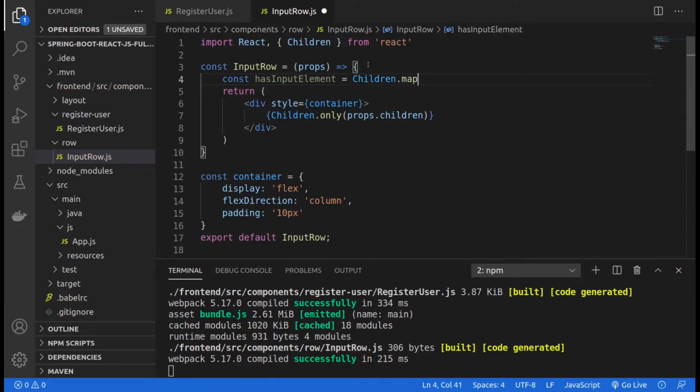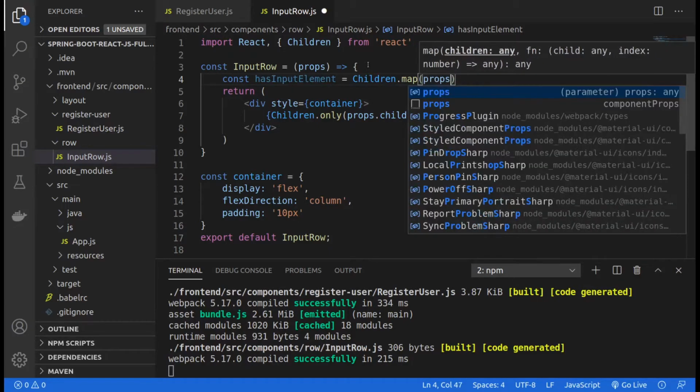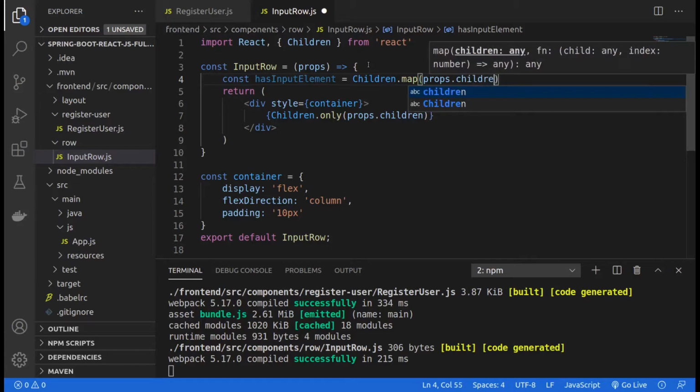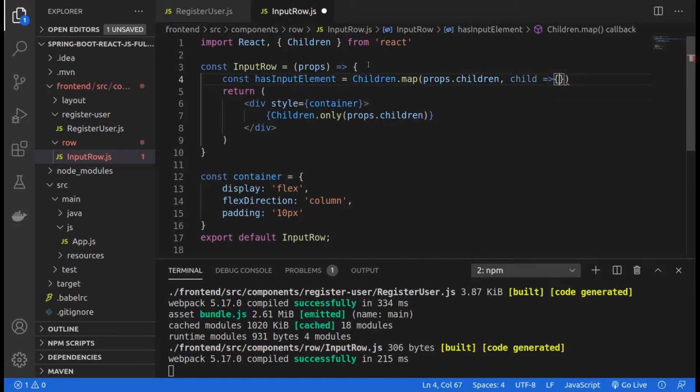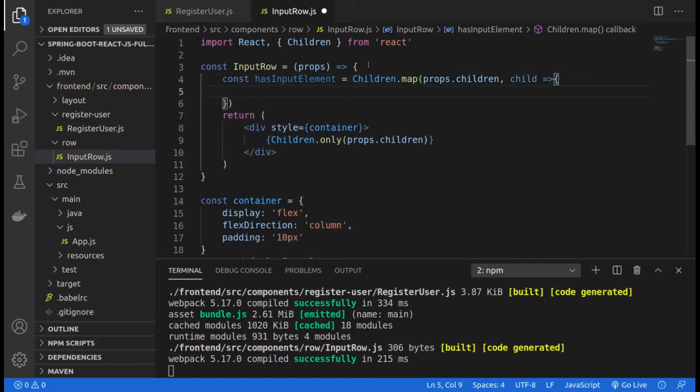What map does is it actually returns an array. So it goes ahead and maps through our children, right? So I can say props.children. I want to map through my array of children, and then for that single child, I want to be able to perform a validation. So for this single child that is being returned from my array of children, I want to say if